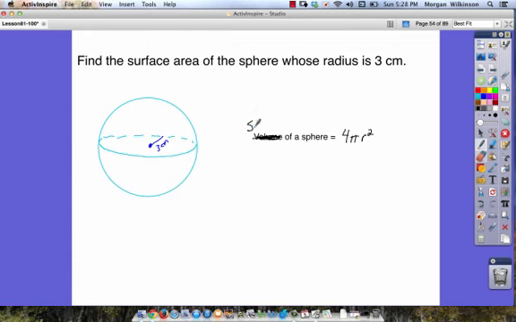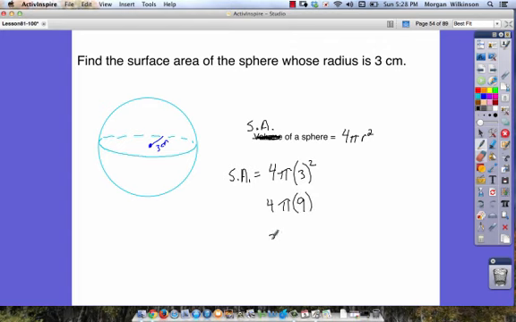This is the surface area of a sphere. So I'm going to write SA for surface area. The surface area of a sphere equals 4 times pi times the radius squared. So if we use that formula here, 4 times pi times the radius of 3 squared, then we can find our answer. So the surface area, SA, is equal to all this. 3 squared is 9, so we're going to get 4 times pi times 9, and we know 4 times 9